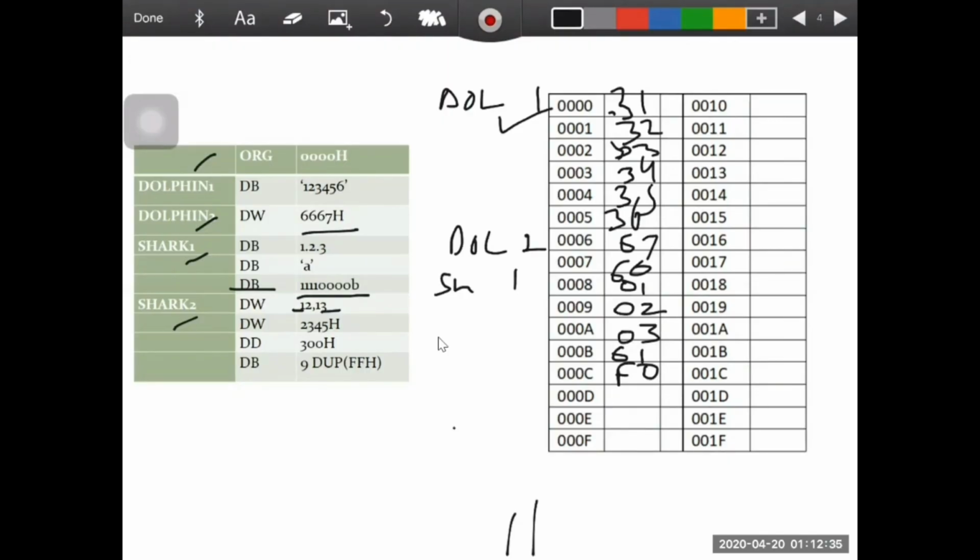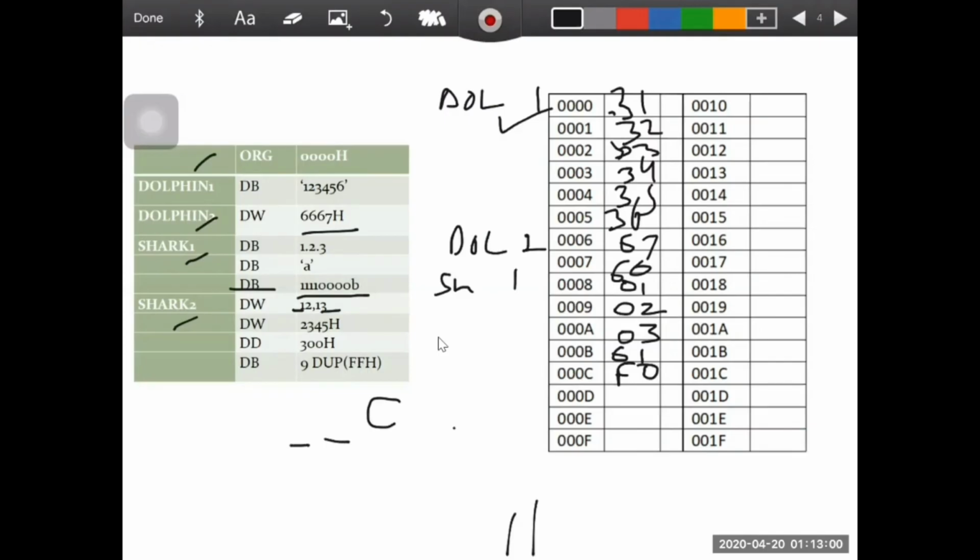So how will we write it? 12 and 13 are in decimal form, so first we have to convert them into hexadecimal. So 12 will be 0C. But we have to allocate a word, so we have to make this number into a word.